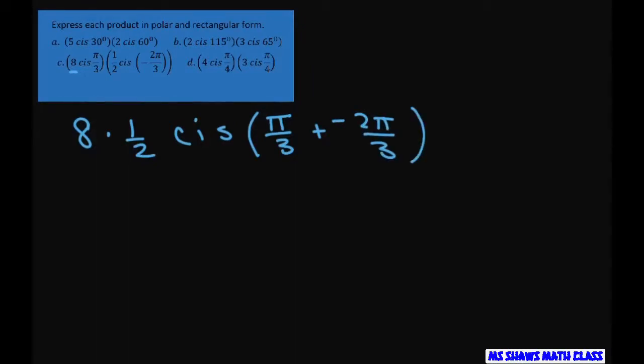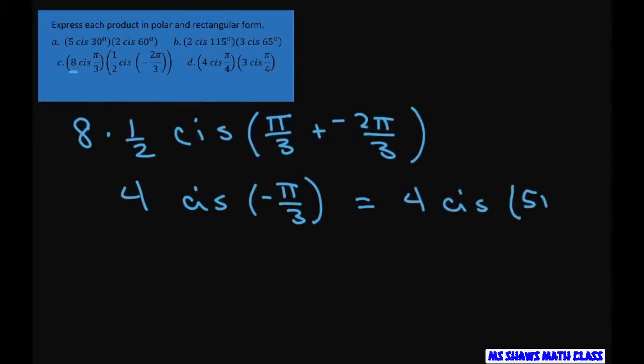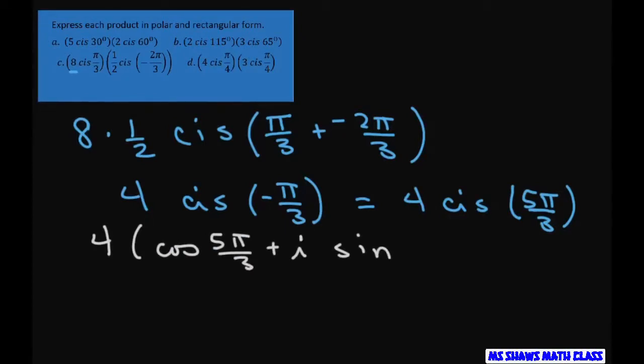So this gives you 4 cis of -pi divided by 3, which you can also write as 4 cis 5 pi over 3 to make it easier. And then to expand it, you get 4 cosine of 5 pi over 3 plus I sine of 5 pi over 3. Now this is your polar form,